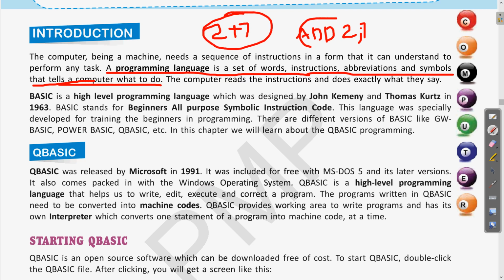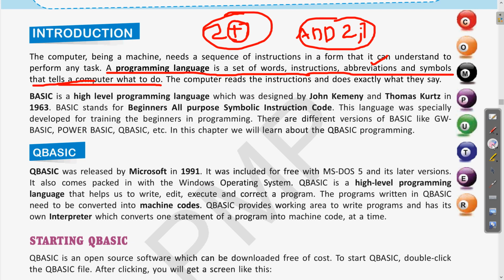So this type of words, then different instructions, some abbreviations, clear. We all know what an abbreviation is, when we use the short form. In the same way, in the computer also we can use a few of those abbreviations. Then some symbols, like the addition symbol we have used, and operators like greater than, less than, equal to, these are all symbols. These are all part of the programming language, clear.